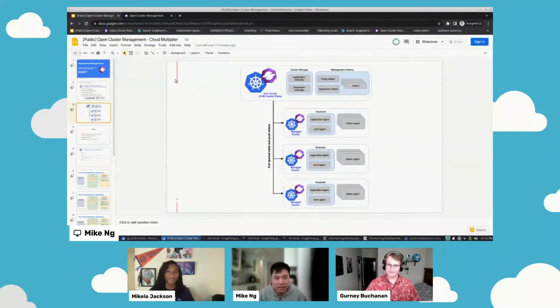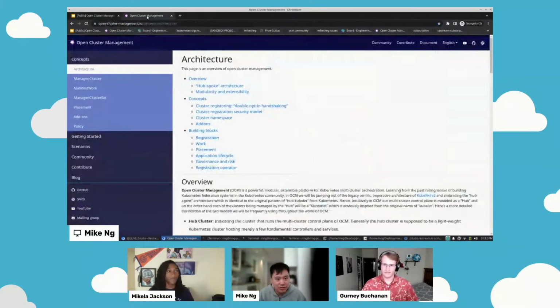Yep, thank you, Mikela. So I'm going to talk a little bit about the open cluster management architecture. I'm actually going to head over to our website, where we have most of the explanation in the slide format. So open cluster management comes out of the need to control and manage a fleet of clusters.